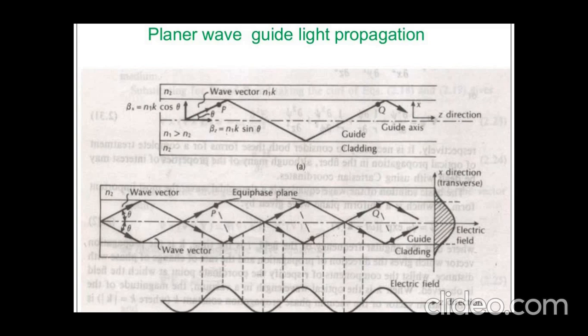So when we talk about light propagation, we have to see its propagation phenomena, and we need to find out the way it gets the wave vector and the equiphase. What is the meaning of equiphase? Having the same phase. Whenever we want to find the same phase, it gets that form and it finds out the field for that. It sees that field, finds the wave for that, and rotates it to find the guided electric field, how we are going to get that and how we are going to find the electric field for that particular phenomenon. We are able to see that. So this is the way this field is going to be generated.